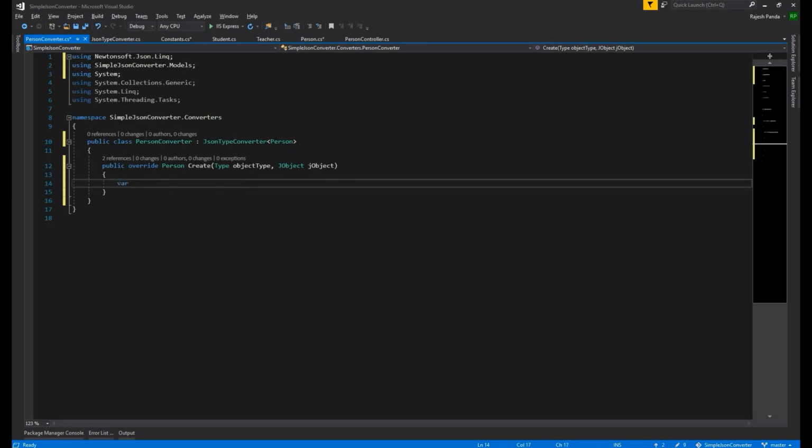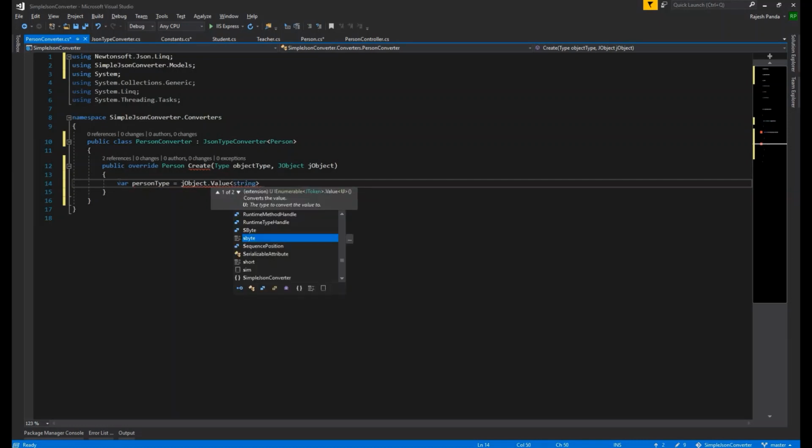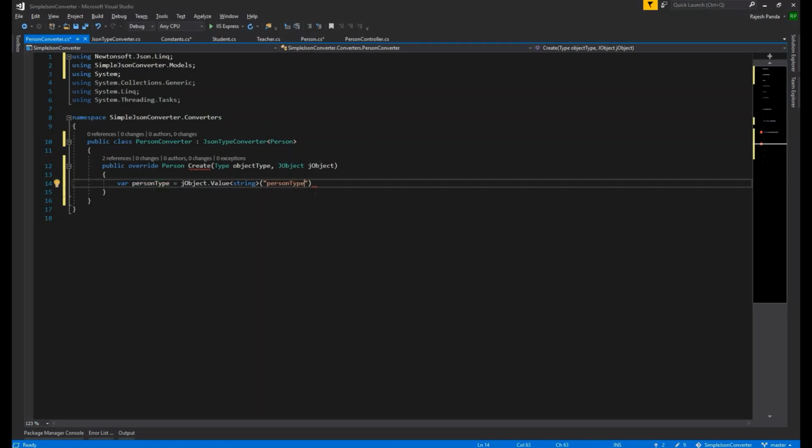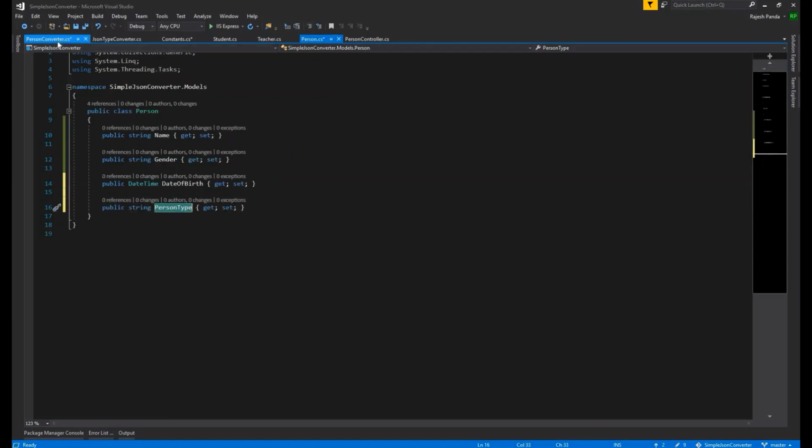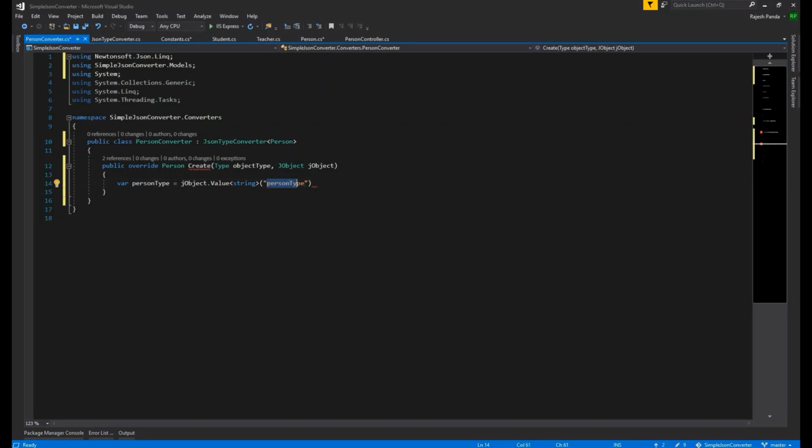So the first line would be to get that value. So personType equal to jObject.Value, which should be a string, and the input to that would be the same. So notice, we have changed it from Pascal case to camel case, because that's how the JSON is serialized by default. So the p will be small in this case,